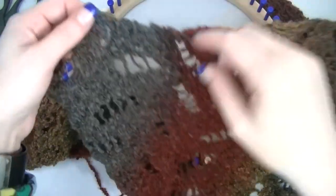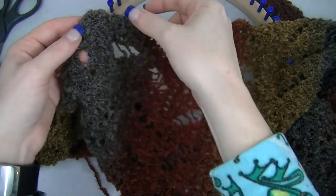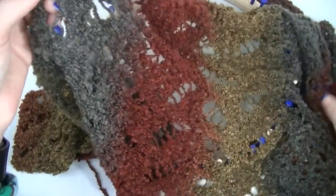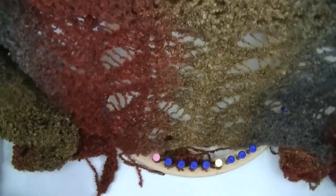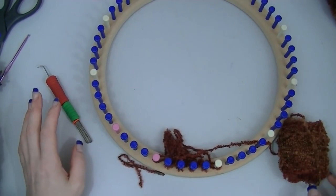Actually, it was on the other side. It was like red, a little bit of gray. And then it went right into the middle of the red again. So I had like a little stripe of gray that to me was very, very noticeable. So if that happens,